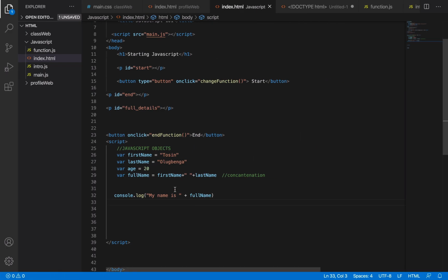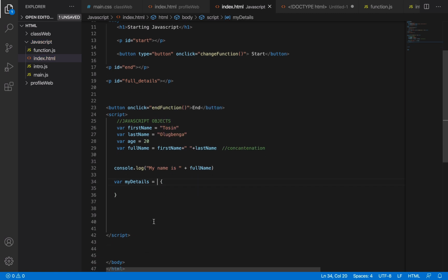So now what we want to do is have an object that has my details. This my details is also a variable, but it is an object here. My details equals to open and close curly bracket. So it's already seen as an object. So instead of me having these variables separate here, I can easily